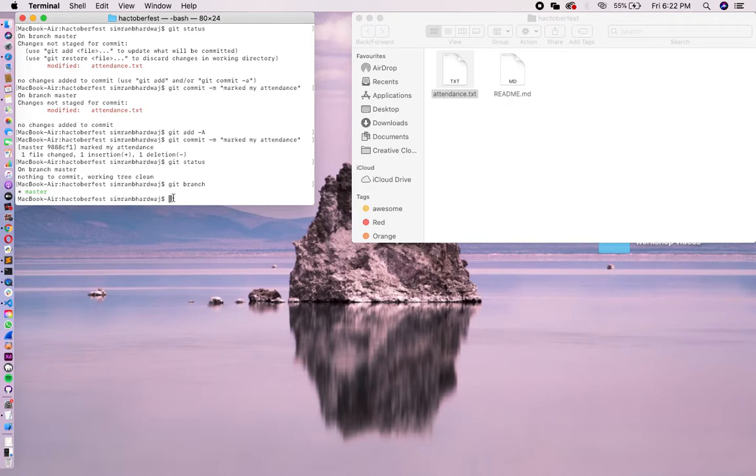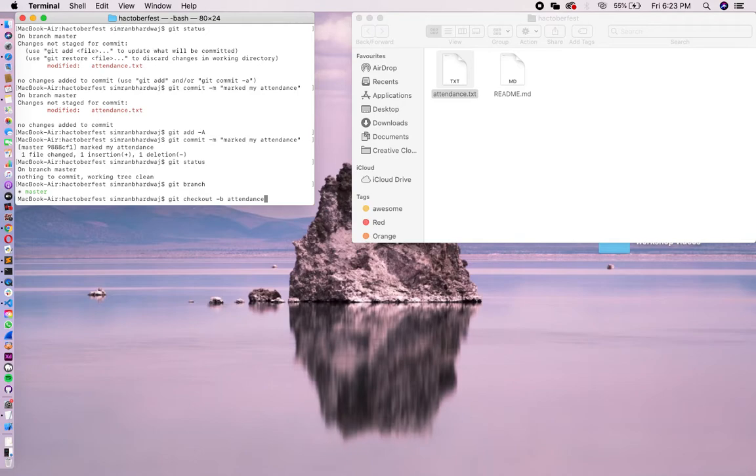Now let's create another branch and then I will explain what branches are. To create a branch, type the command git checkout -b and then type the name of the branch that you want to give. For example, in our case, I can give this branch the name attendance. Let's keep everything related to attendance.